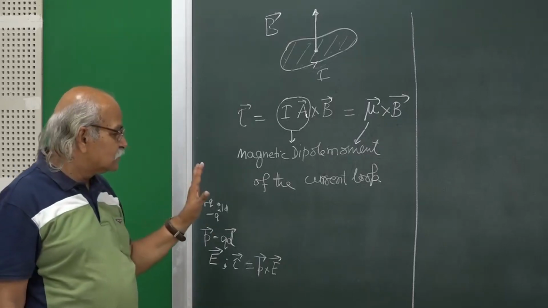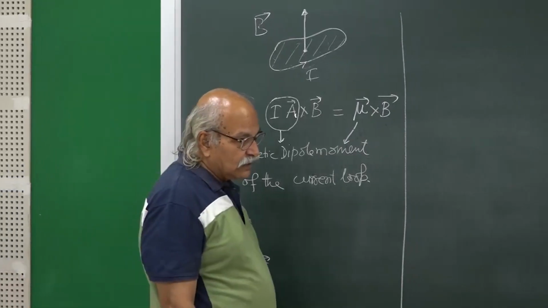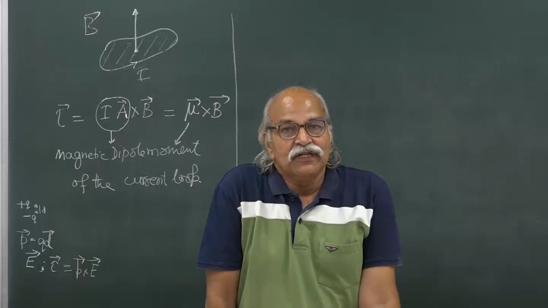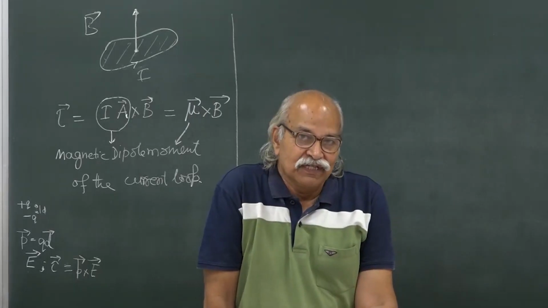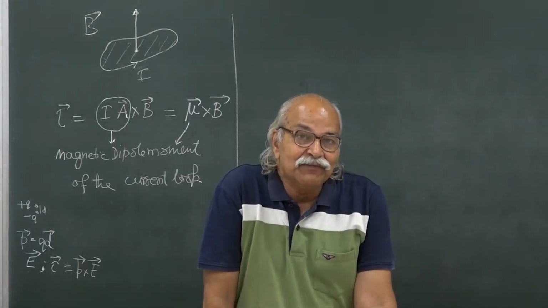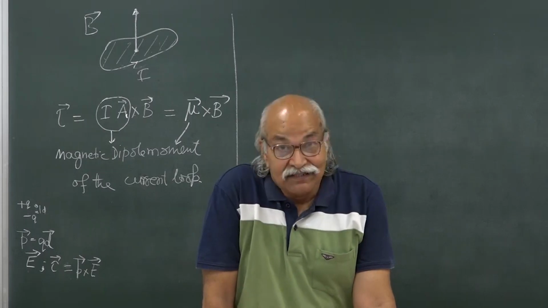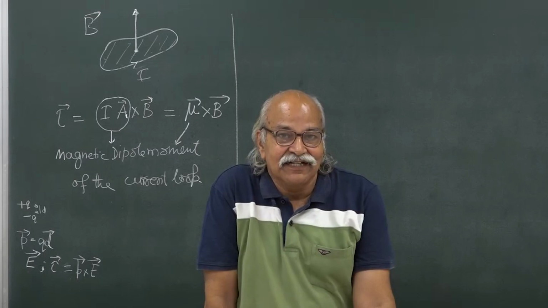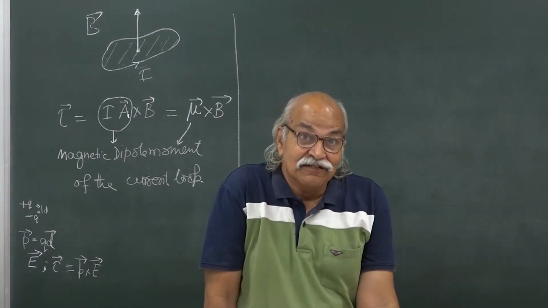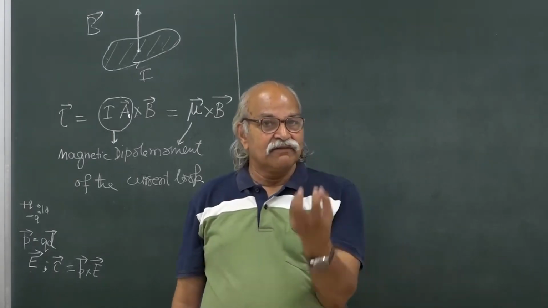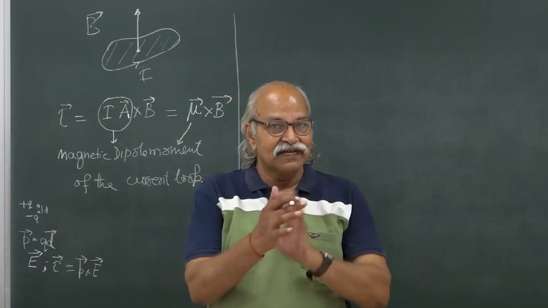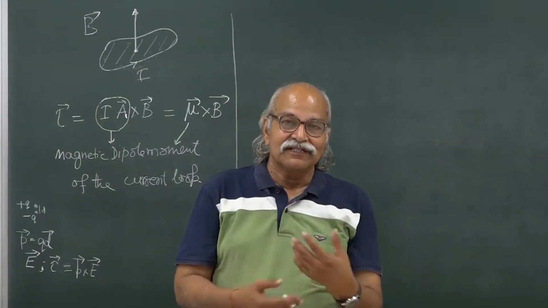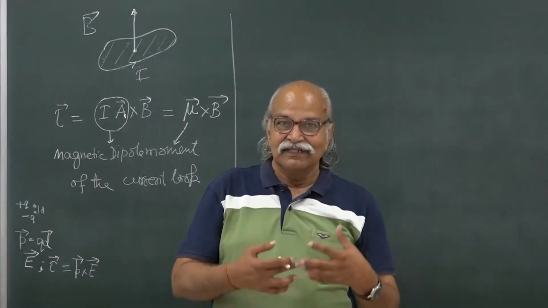So, this is one thing that you have to keep in mind. Now, this was for a current loop, but the current can be in different fashions. This is a linear current, right? This is a linear current. We can have surface current. We can have some surface where you have surface current, and because of that surface current you have all kinds